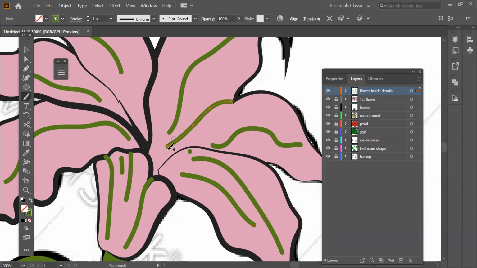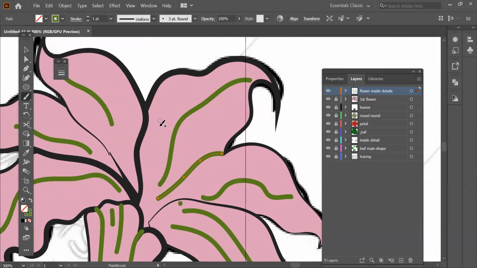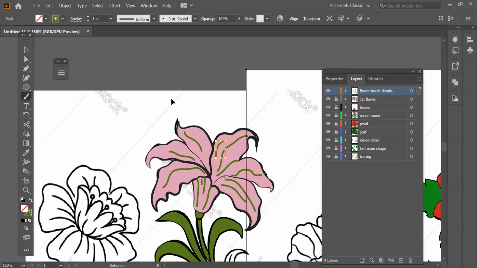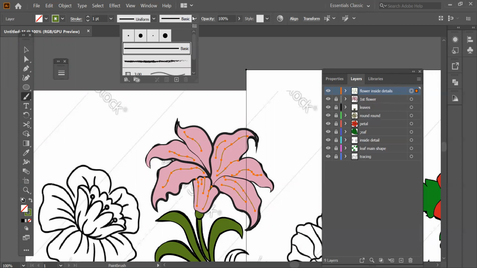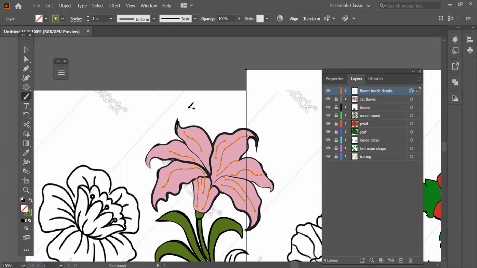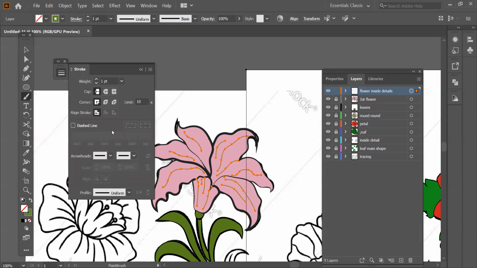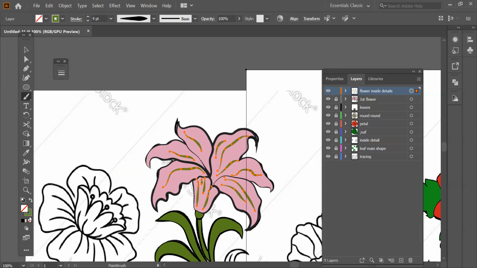See, if I would have made these two flowers separately, I could have added this kind of line over there. But I didn't do that because I wanted both the flowers to look alike. So it's okay. Now we are ready to use the style. So I'm just gonna select everything. Make it first of all basic because I'm using the brush tool. If you're using the pen tool, you don't have to do the basic thing. This one's looking cool and I'm gonna play with the color.